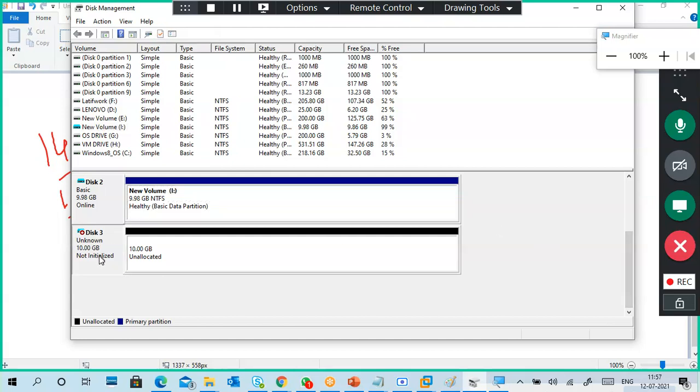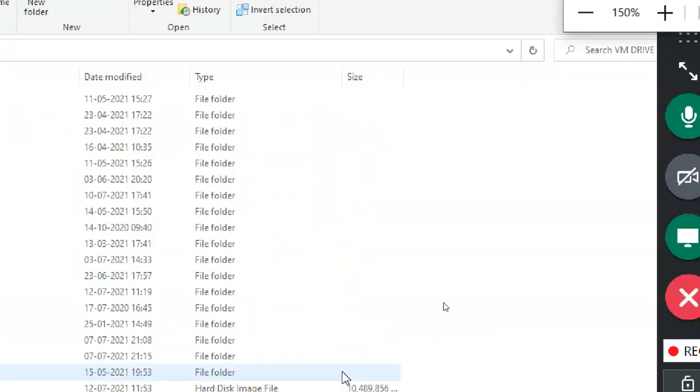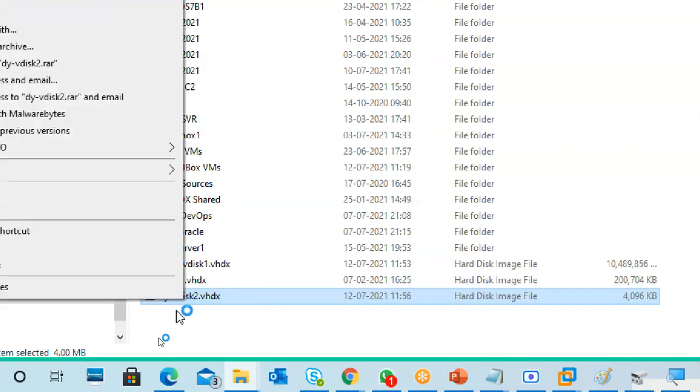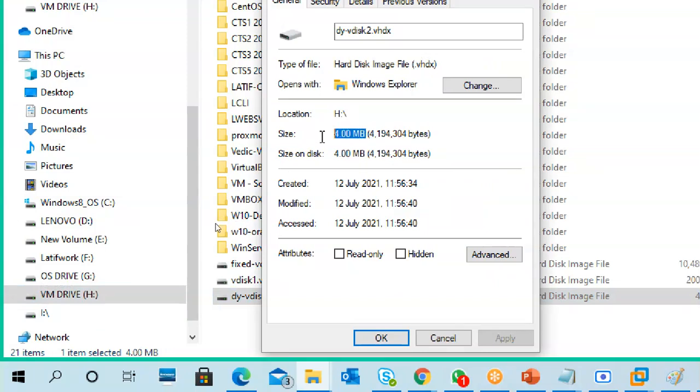Now before that, on the H drive, this is the dynamically expanding disk. You can see, right click, go to the properties. How much size is it occupying now? 4 MB only.